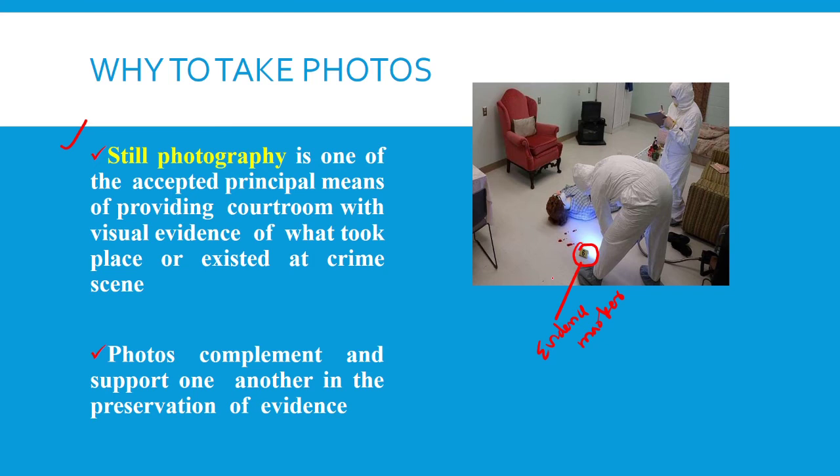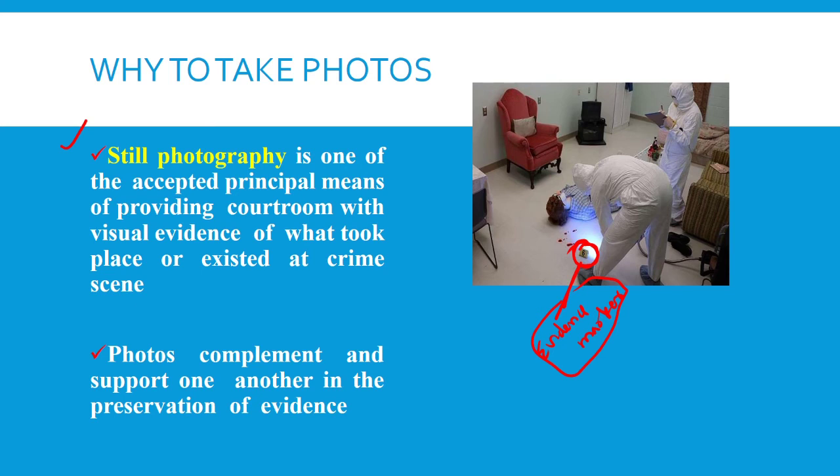So you have to keep this evidence marker. But before keeping the evidence marker, you have to take the photograph. The first shot of the entire crime scene should be taken without altering anything. After that you keep an evidence marker. The photographer should capture the scene with and without the evidence marker, so you take the entire crime scene both with the marker and without the marker. So that is about placing the evidence markers.